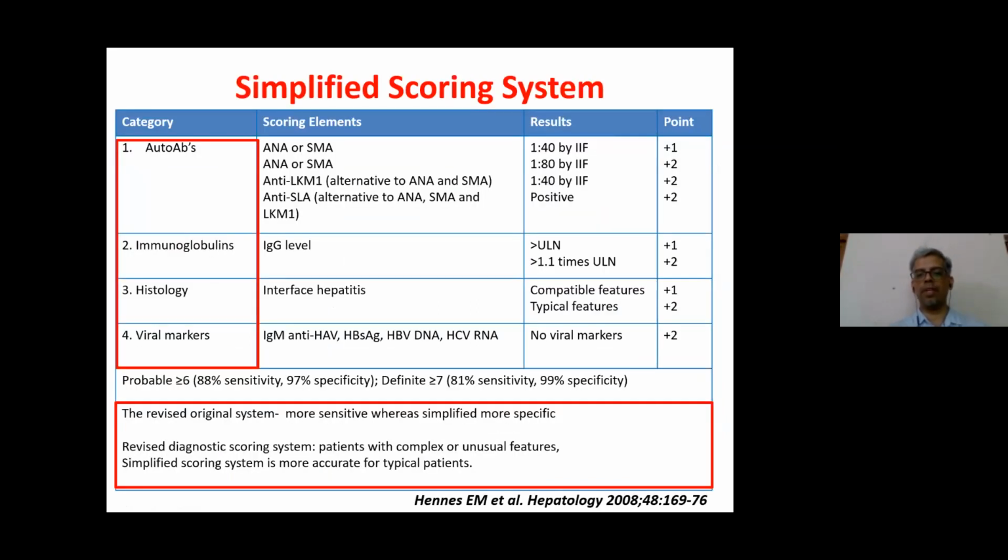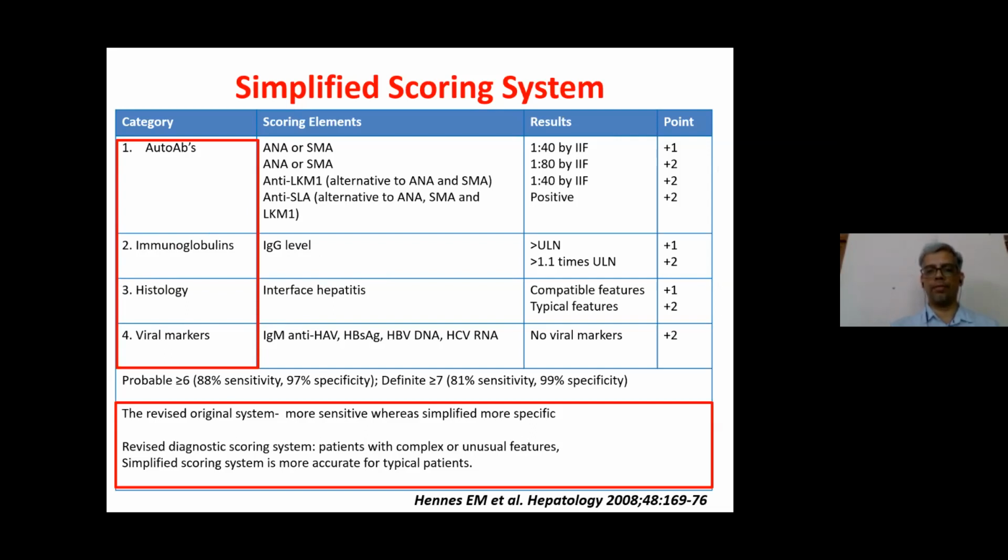So now has been replaced by a simplified scoring system, which consists of only 4 important components: autoantibodies, immunoglobulin G levels, a suggestive histology, and absence of viral markers. The higher your score, the higher the specificity that you are making a diagnosis of autoimmune hepatitis. Important to understand is that this score will give you a high score when you have a typical patient of